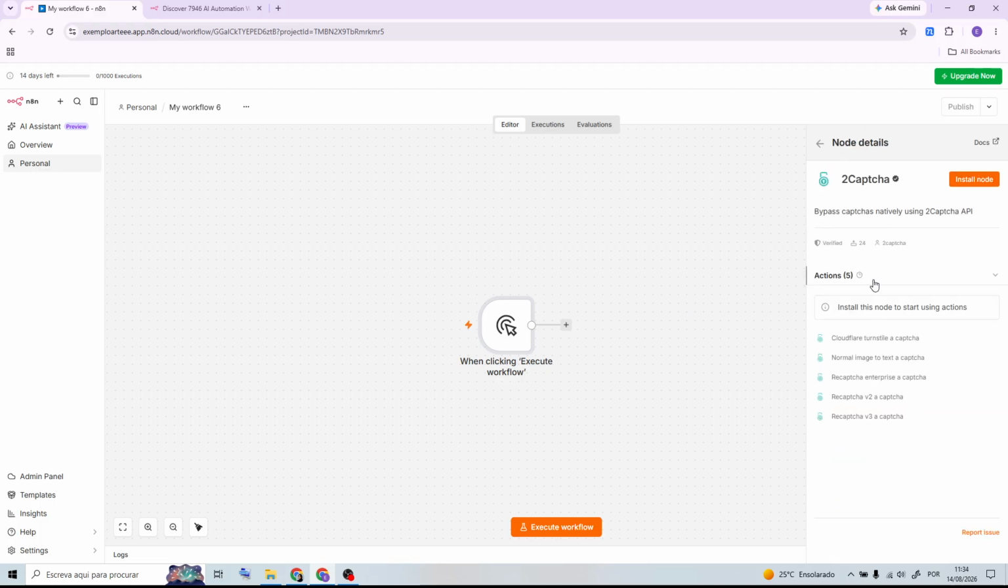If everything works correctly, give the workflow a clear name and save it. Finally, click Activate so N8N can run the automation automatically whenever your trigger occurs. And that's it. You've successfully learned how to create your first